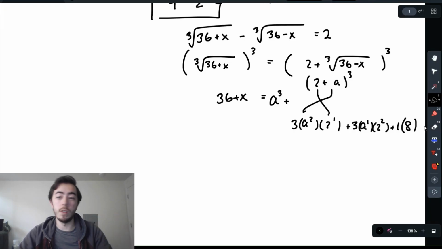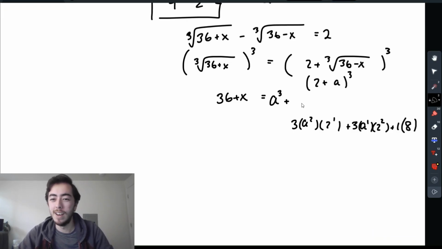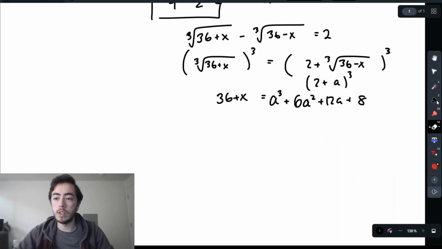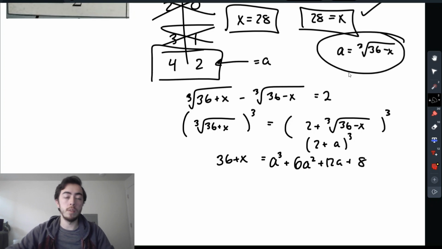If you're wondering where all these numbers are coming from, Google the binomial theorem, and then maybe the exponents will make a bit more sense. But overall, our coefficients are 6, and then we have an a squared. This one will be 12, and we'll have a to the power of 1. And then finally, our constant term is 8 at the end. So we still have an equation in terms of two variables, but fortunately, I could actually get x by itself in this equation,